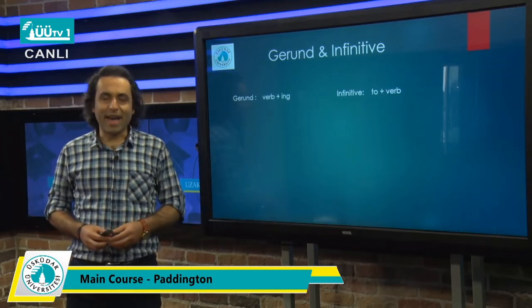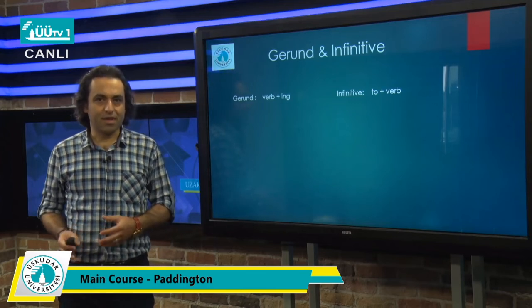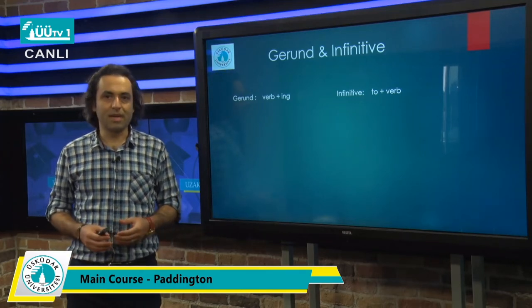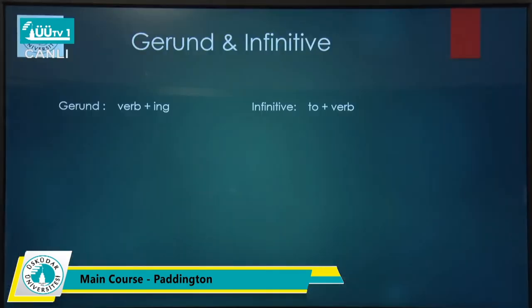In gerund, we add ing at the end of the verb, and infinitive is a form of the verb that we add to at the beginning of. But you might ask, what is the reason that we need to add ing at the end of the verb or to at the beginning of the verb, and in which circumstances we are allowed to use any of them? Let's start focusing on infinitive, meaning to plus verb, and then we go through other details.